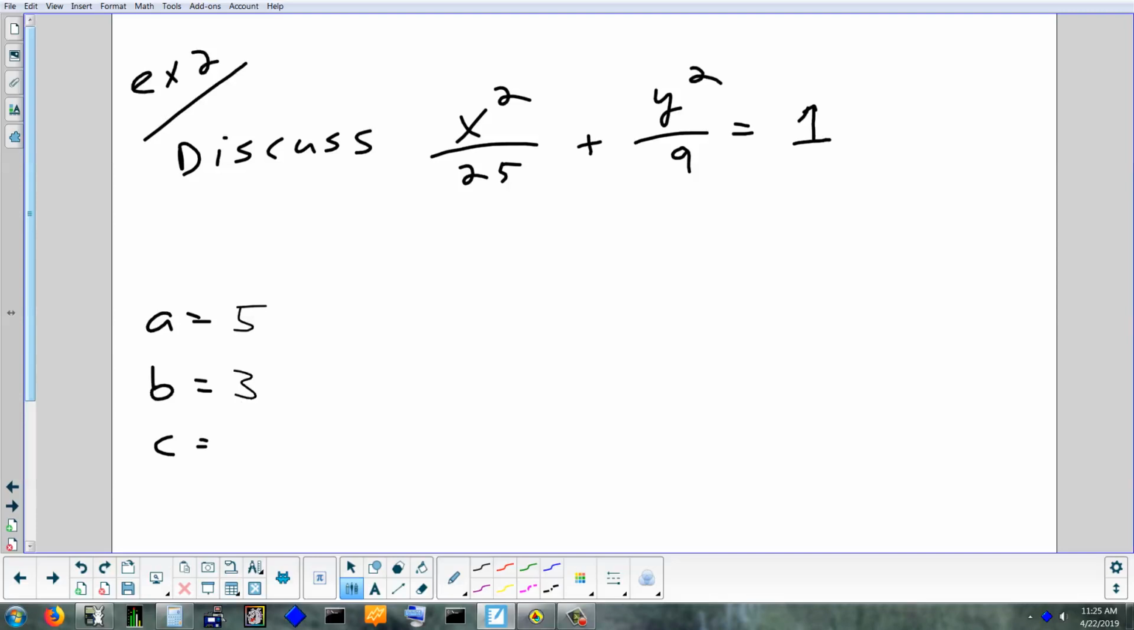Now, I can't describe the foci unless I know C. So, can someone tell me what's my equation to get C? Yep. C squared equals A squared minus B squared, or C squared equals 25 minus 9. 25 minus 9 is going to give me